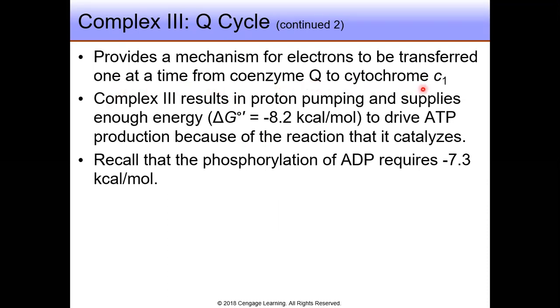Q to cytochrome c1. Now, complex 3 results in proton pumping and supplies enough energy. Remember, this is delta G naught minus 8.2 kilocalories per mole, to drive ATP production because of the reaction that it catalyzes. Recall that the phosphorylation of ADP requires 7.3 kilocalories, and here we produced more than that. So again, in complex